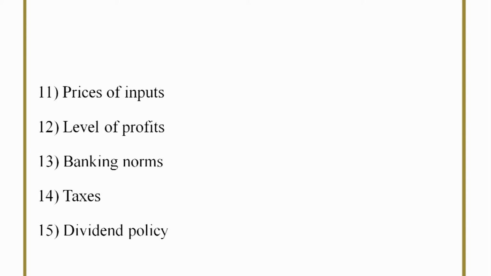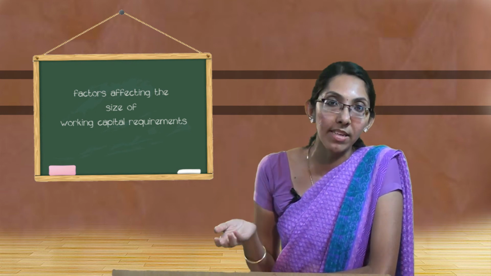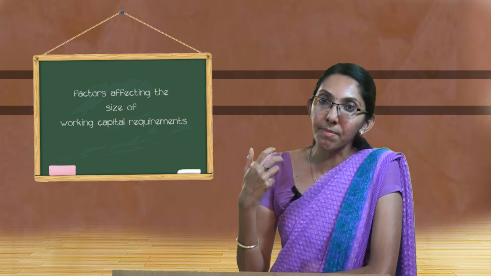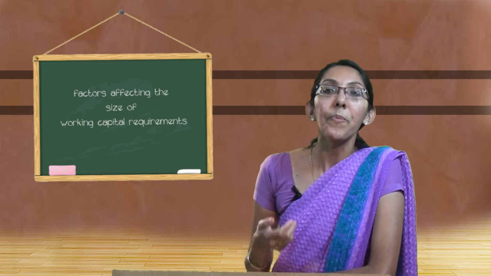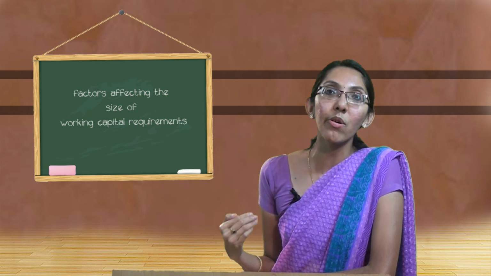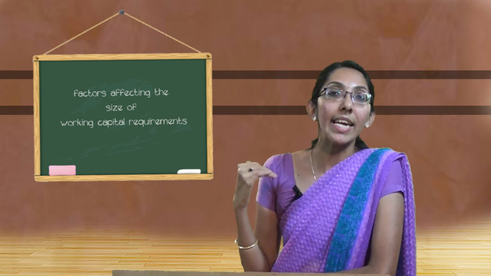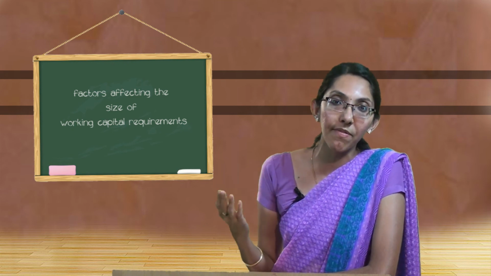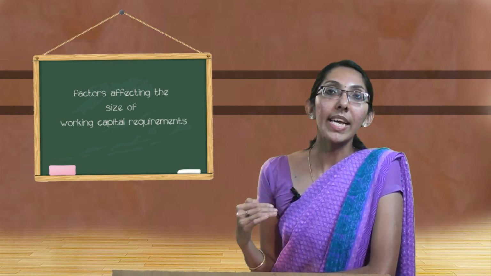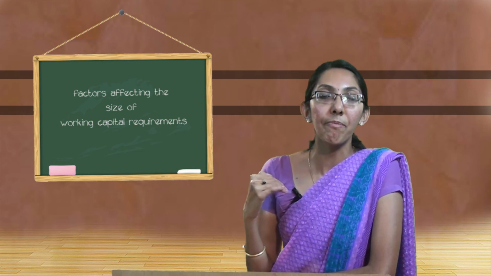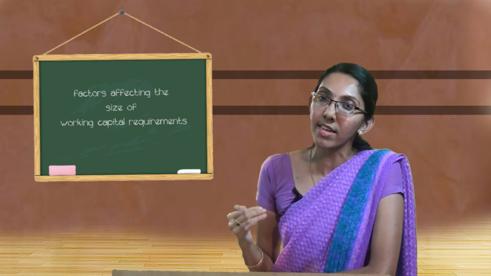The next factor to be considered here is regarding the taxes. For example, if we take cigarette factories, the cigarette or tobacco business is very highly taxed, so out of the profits earned by the business, a majority share is given to the government in the form of taxes. So very little amount is available for the business, hence the working capital increases. On the other hand, when the tax percentage is very low, the profits earned by the business can be reinvested or used for the purchase of materials. So the working capital requirement reduces when the level of profit is high and the tax percentage is low.